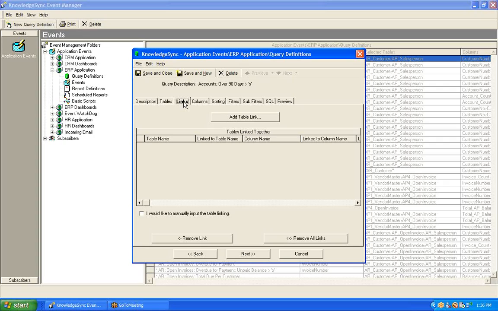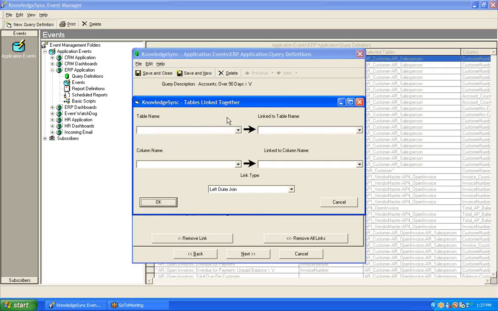Often you can obtain what's referred to as a database schema from an application vendor, and that will show you not just the list of tables, but the relationships, the links between those tables. I happen to know this ERP database pretty well, so I know how those 2 tables are linked or joined together. So I can come right down to this button called Add Table Link,